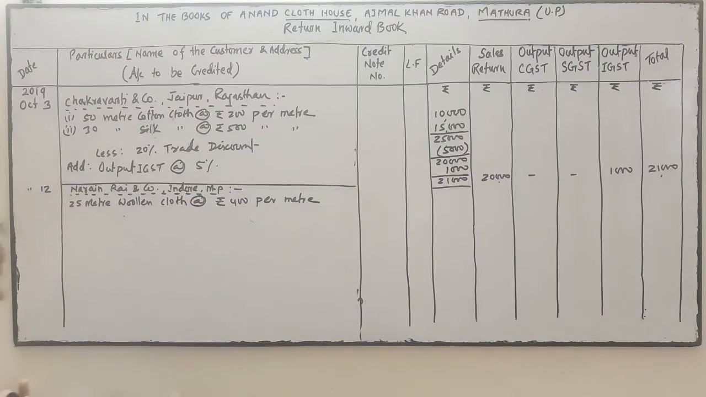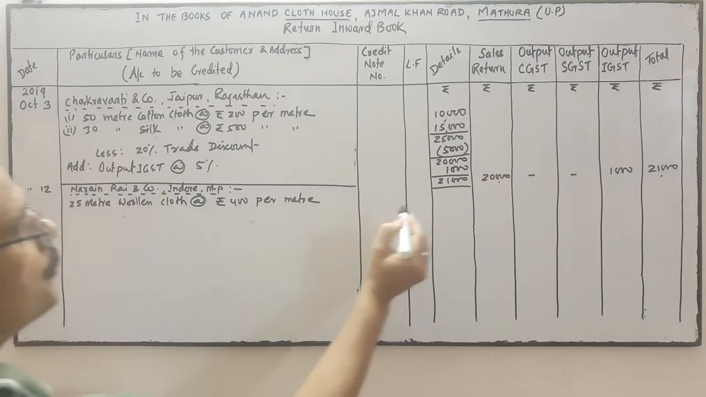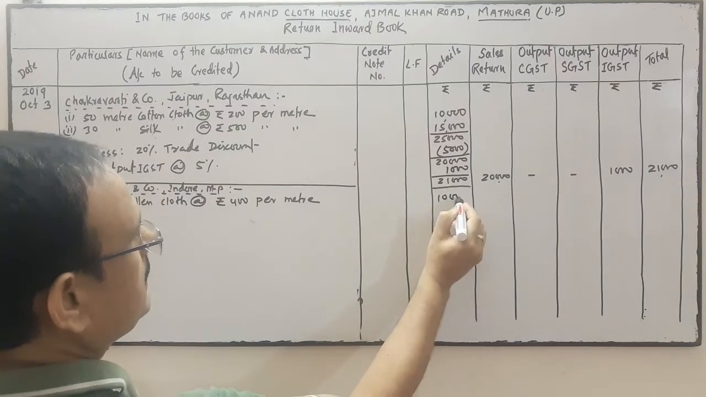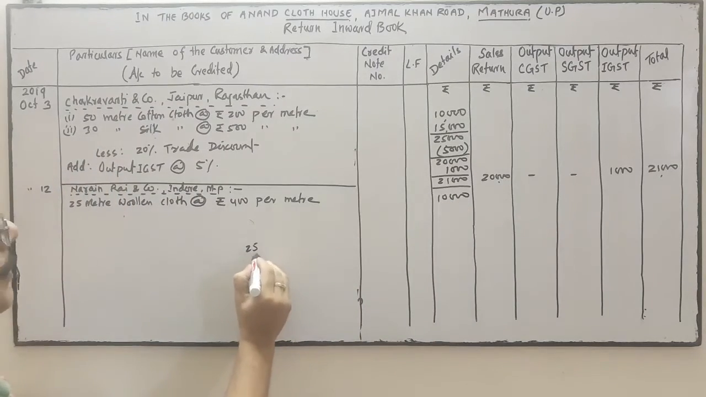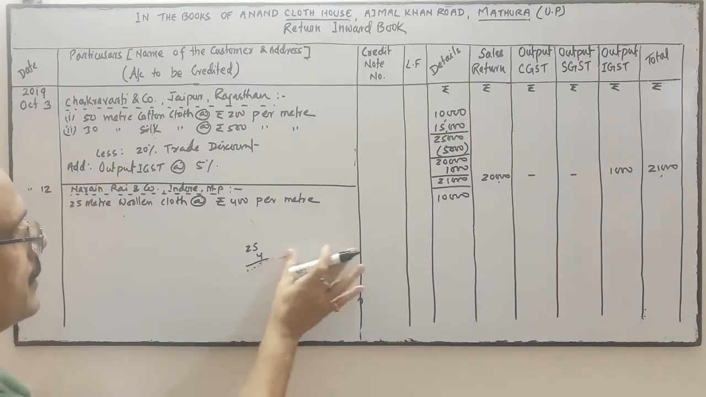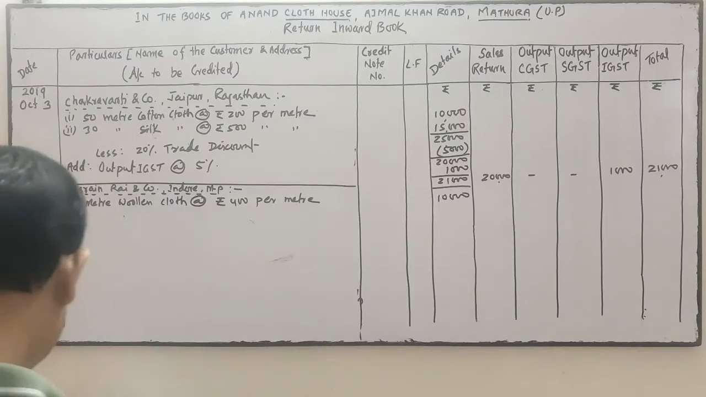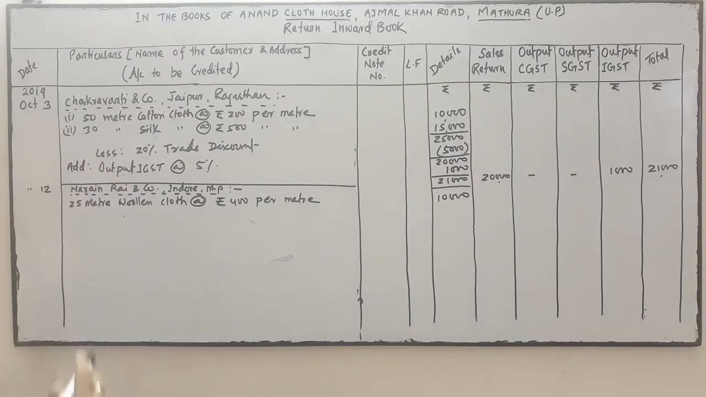400 per meter. So this is 25 into 400, it is 10,000. Okay, there is no trade discount, so we'll add here. What we'll add? We'll add